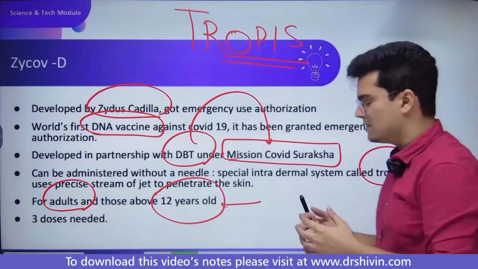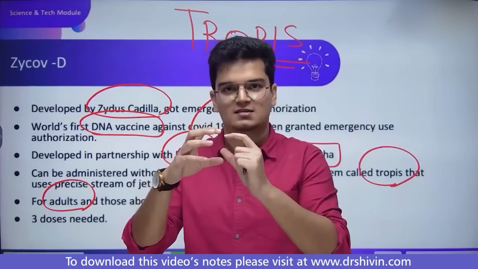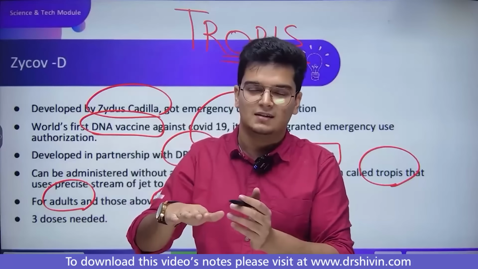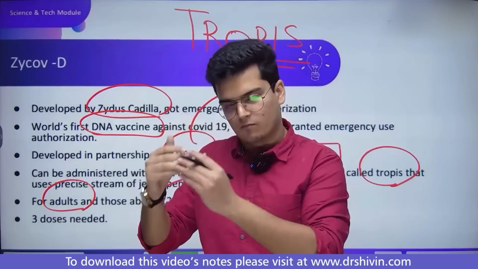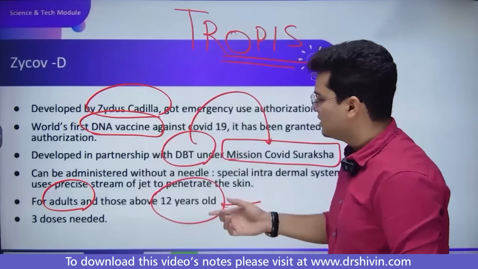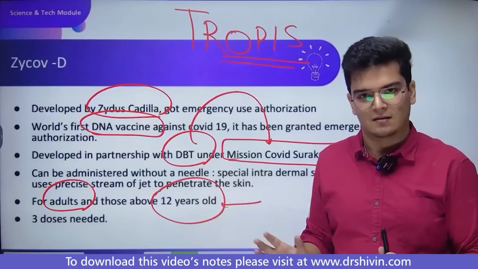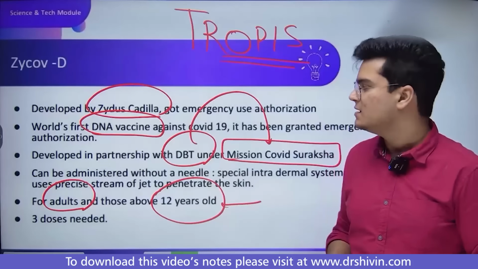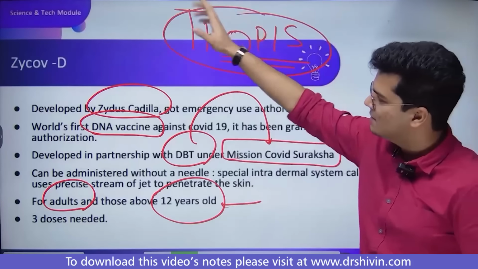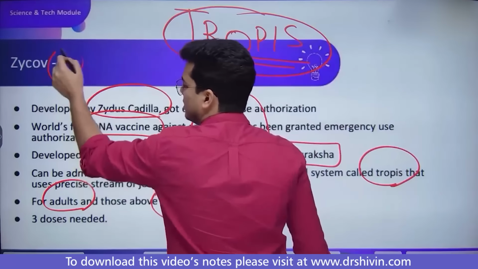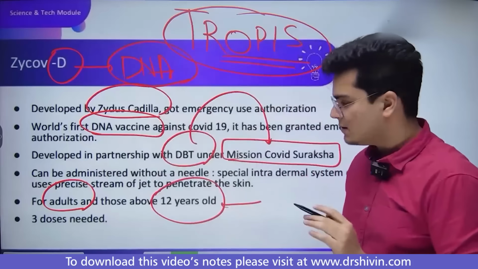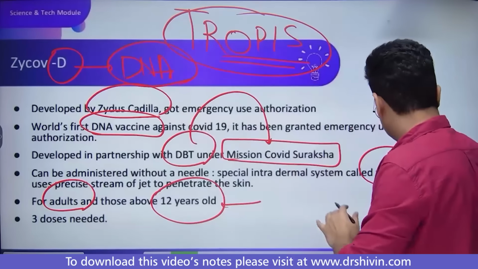What is there? Basically, it has a jet system. It is a very high powered jet that penetrates your skin. It goes just under the skin and then the job is done. The cell is delivered, so exactly, the traditional needle is not used. It is a TROPIS jet based system to penetrate the skin. How it works is not important for us. We just need to remember that there is a TROPIS jet based system in ZyCoV-D. D for DNA. It is the world's first DNA vaccine against COVID-19. Okay, that's done. Now the last vaccine is